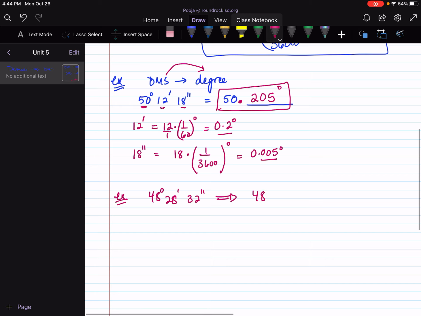And I can automatically say it's going to be 48 point something, something, something, right? So let's take 28 minutes first. To convert that into degrees, we'll go 28 times 1 over 60th of a degree, and then do some basic math. 28 divided by 60 would be, okay, I better do that,